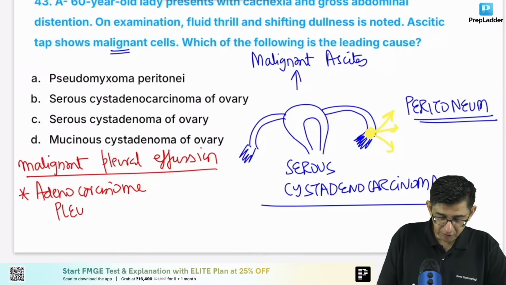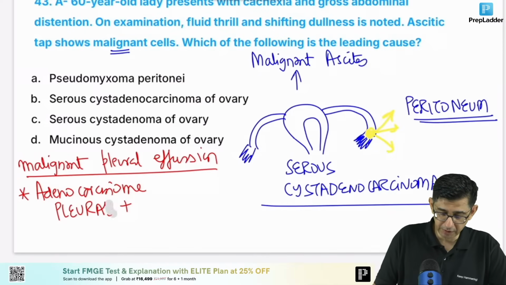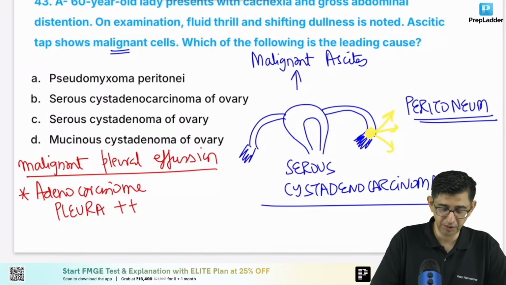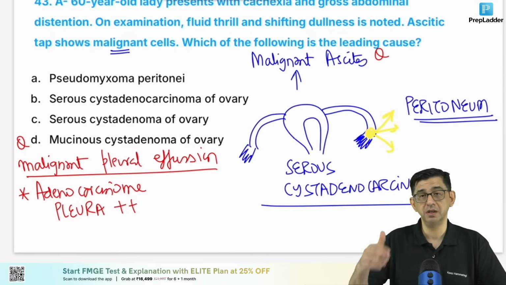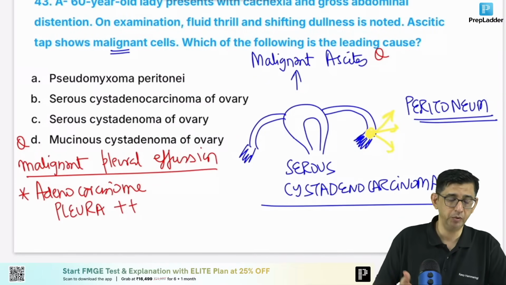You see, they teach you central lung cancer, peripheral lung cancer. Adenocarcinoma causes irritation of the pleura, and the irritation of the pleura will then result in development of fluid production, and that fluid would then result in development of malignant pleural effusion. So two questions have been discussed here. Why do you get a malignant pleural effusion, and why do you get a malignant ascites? The answers are the commonest lung cancer and the commonest ovarian cancer is responsible for malignant pleural effusion and malignant